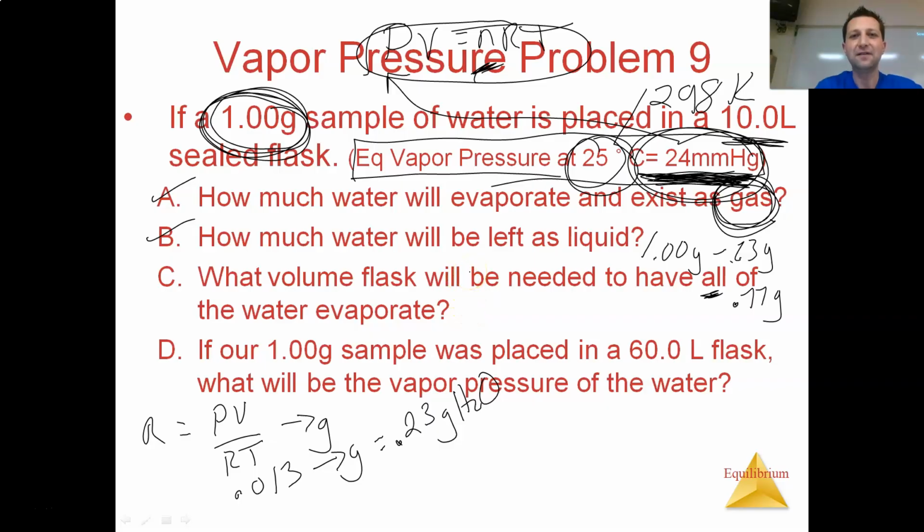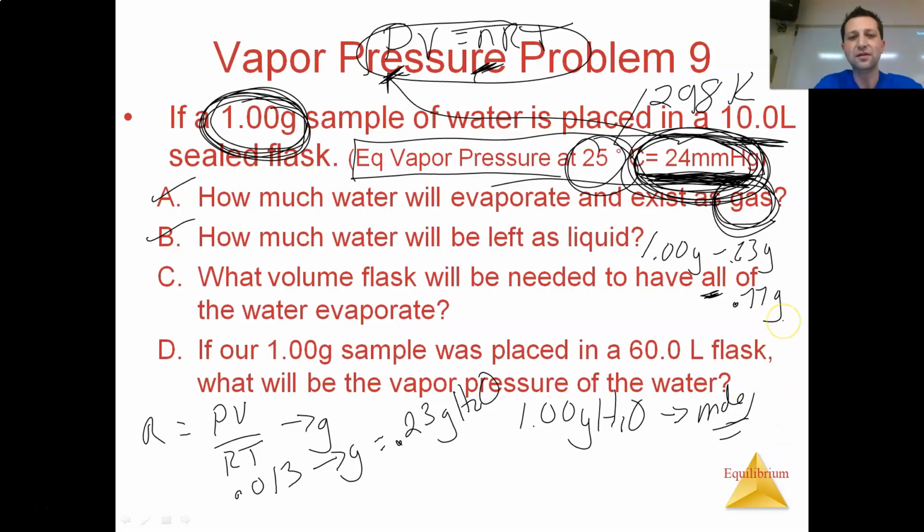So the bigger my flask, the more could evaporate to create that pressure, right? So I know the partial pressure, P. I know that still has to remain 24 millimeters of mercury. I just have a different size flask, right? How big of a flask do I need to get all of this into the gas state? So all you gotta do, convert 1 gram of water into moles